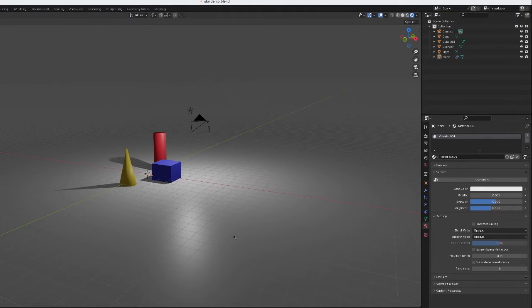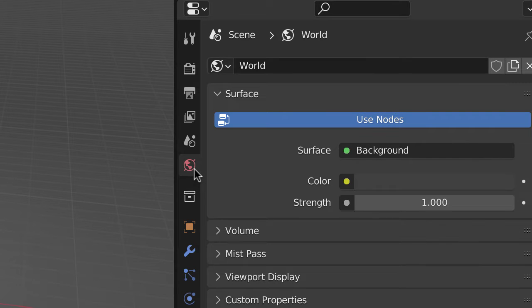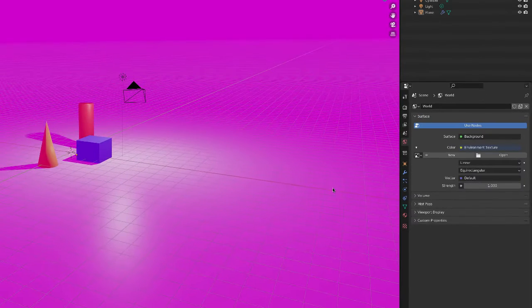In this video, I'm going to show how to add an image to emulate a sky. So what you want to do first is come over to the right side of the workspace, and you're going to choose this icon, World Properties. Then you'll click the color, this bullet point here, click color, and choose environment texture,